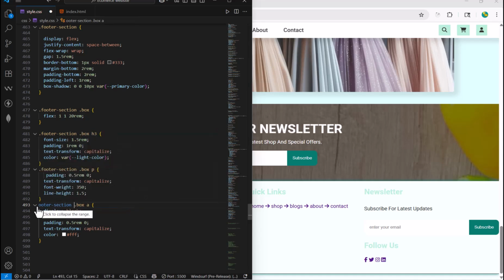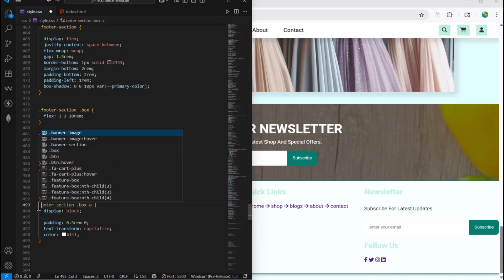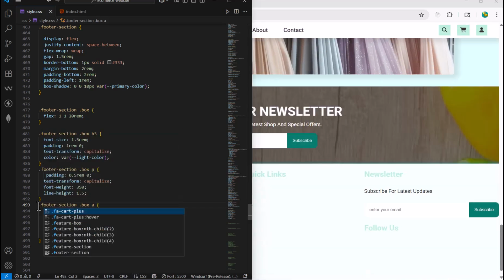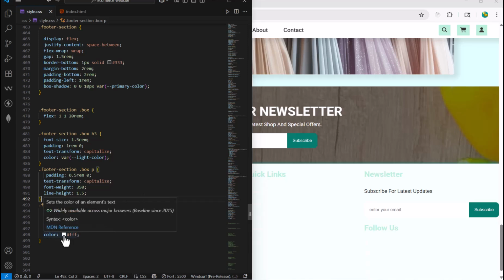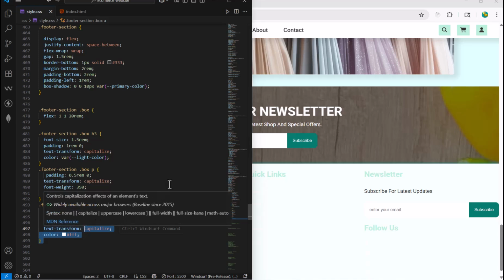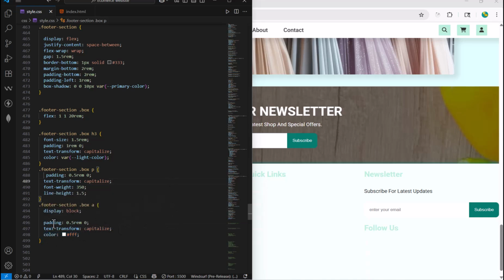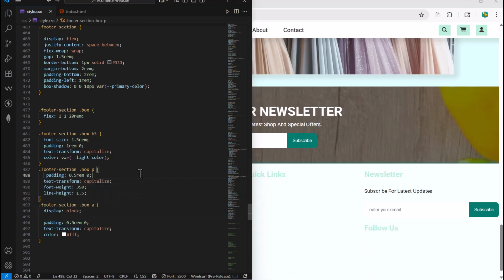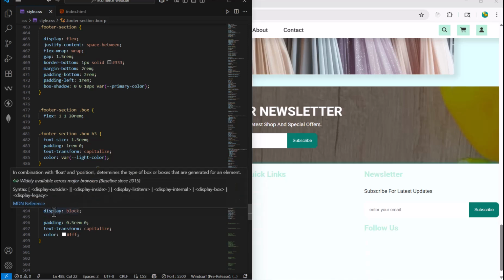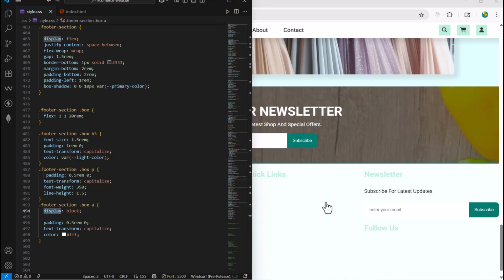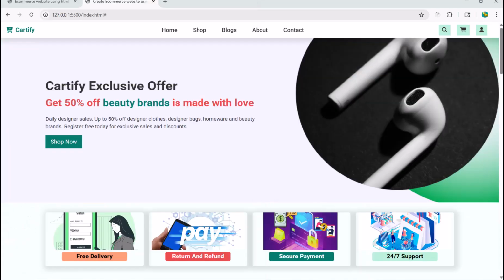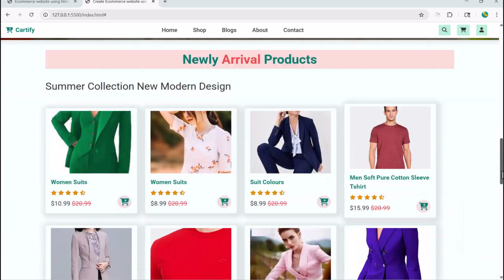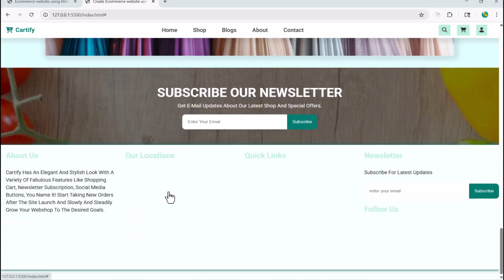This should be footer, right? And now take a look, and color will be this right here. And here we have text transform, padding 0.5 rem and 0 from left and right. Display block. So as you can see here, take a look. Now what we are going to do is I'm just going to change